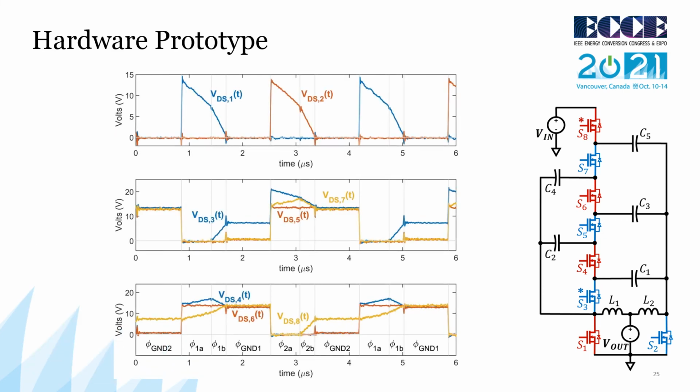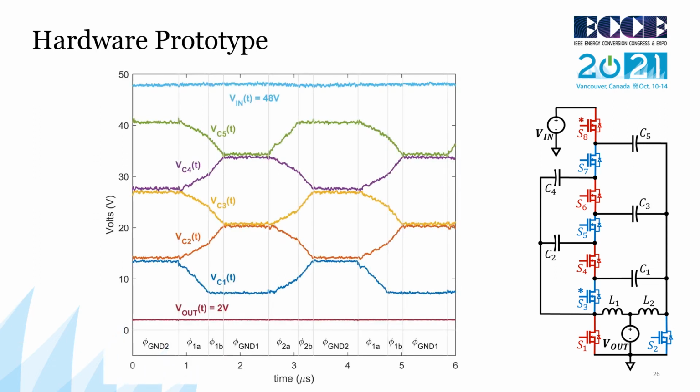Here I am showing you the measured voltage stress on all 8 switches. Do observe that at no point does any switch undergo a reverse bias, with split phase switches, including S3, seeing a positive increase in blocking voltage once the phase splitting occurs. If we then take a look at our fly capacitor voltages, we see that during phase 1, the voltage on C1 stops changing once we transition to phase 1B as we remove it from the power path. Conversely, all the remaining capacitors that are contained within series connected branches continue to change until the end of the